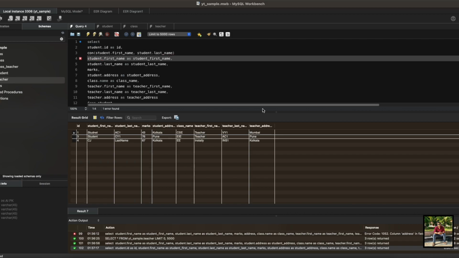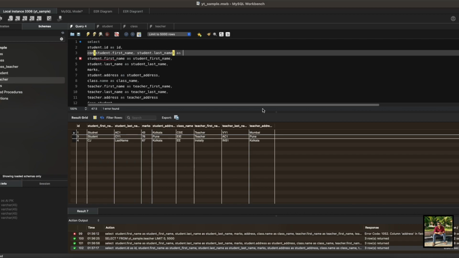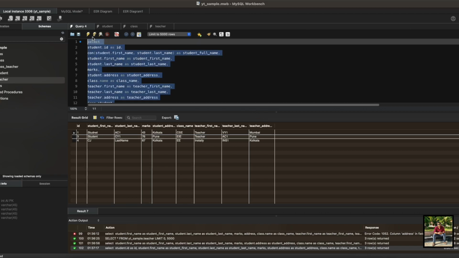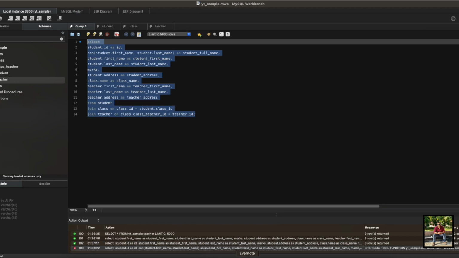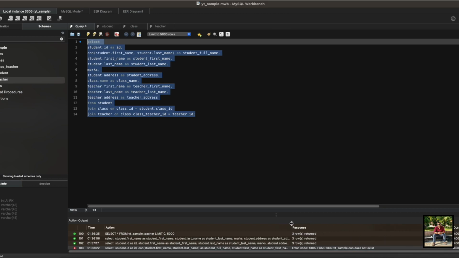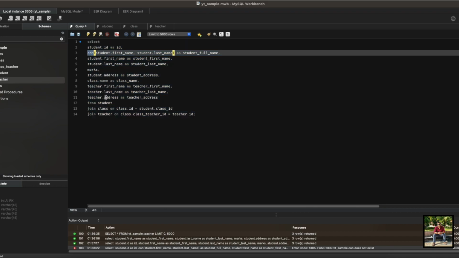Then we have to define it as full_name, comma, and let me run it now. So if I run it, it does not contain, let me check the error code. So concat,